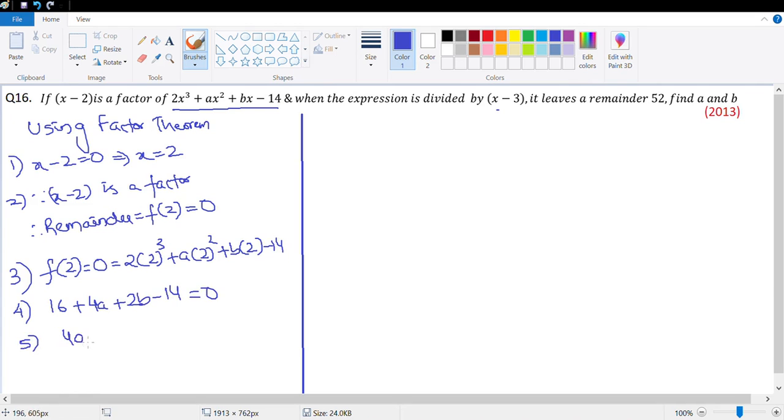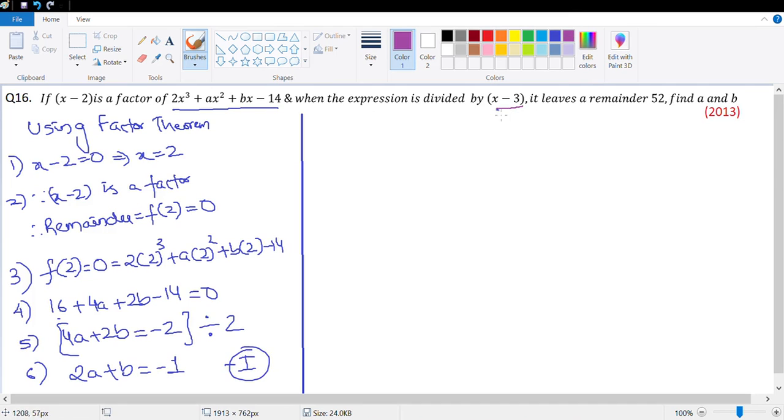So we have 4a plus 2b, and 16 minus 14, that's 2. When I take 2 on the other side, it becomes negative 2. So let's divide both sides by 2. What we get is 2a plus b is equal to negative 1. That's our first equation. Let's look at when it's been divided by x minus 3, it leaving a remainder, which